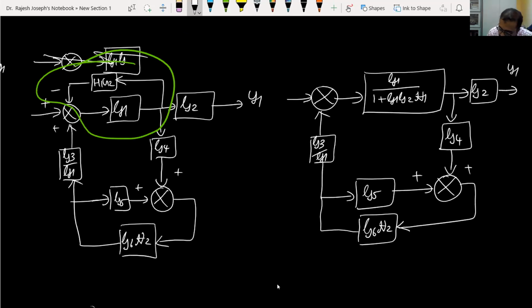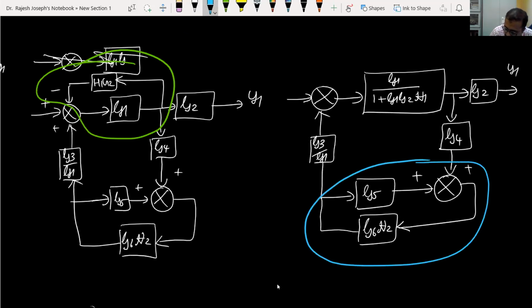See, how is this loop? This is starting from the summing point and ending at the same summing point, right? You just need to consider only this much part. This will be in feedback. What kind of feedback? Positive feedback. Okay. This much block, they will be in positive feedback. You see, it is coming from the summing point through G6H2, then it is going back, ending at the same summing point. That means these two can be clubbed together.